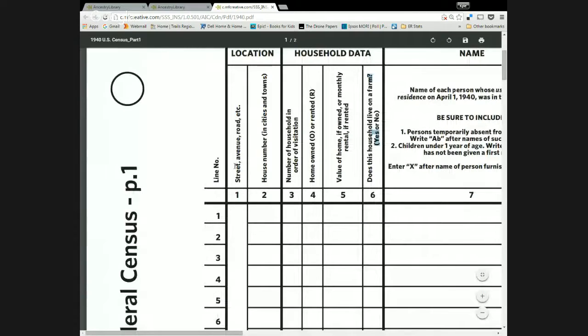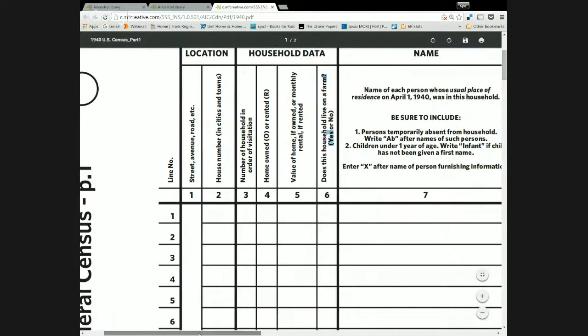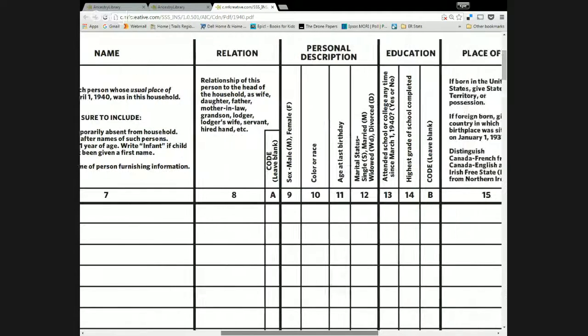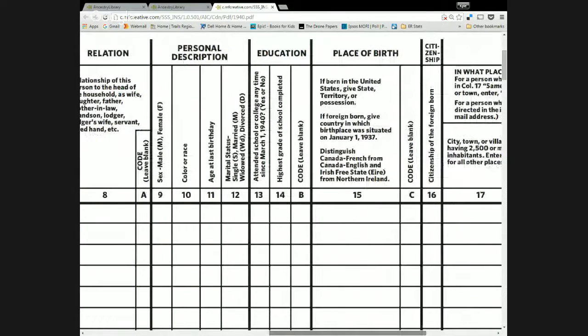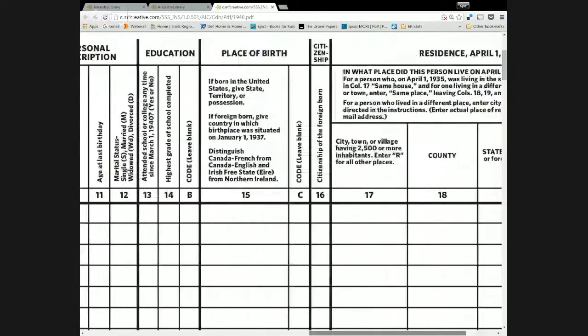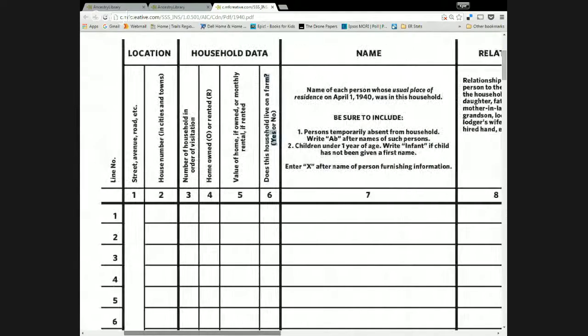So for instance, you've got line number, street, avenue, road, house number, number of household in order of visitation, home owned or rented, value of home if owned, monthly rental if rented, etc. So you've got all these columns that if you're doing a lot of research in, let's say, the 1940 census, you can maybe use this blank form to fill in some of that information as you are documenting it, so